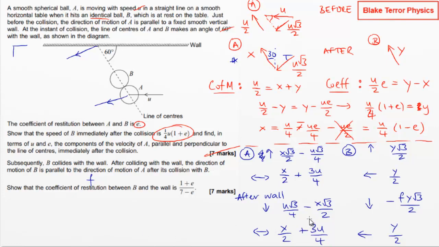So yeah, we can get rid of, let's get these all over 4, because we're going to have a lot of things that can cancel then over here. We can forget about those fractions. So let's divide the y components first of all. So if we divide, we've got minus Fy root 3 over 2, and then we divide it by y over 2. Well, we're getting rid of that y over 2. So we've got minus F root 3 has got to be equal to,